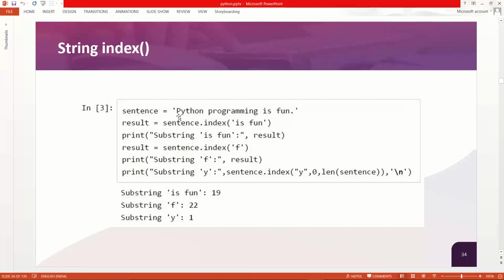For a string, the counting starts from 0, so we'll start at 0. 0, 1, 2, 3, 4, 5, 6, 7, 8, 9, 10, 11, 12, 13, 14, 15, 16, 17, 18, 19. Okay, it's the 19th position, and you can see we are getting the 19th position right over here. So "is fun" is starting from the 19th position.